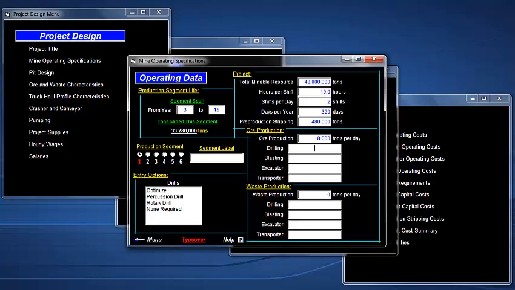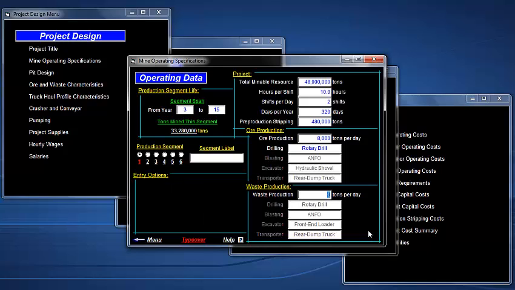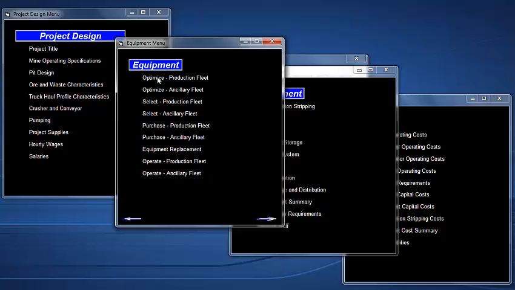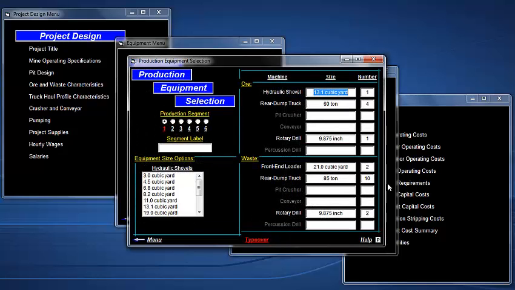In this case, because we're trying to do a quick estimate, we'll choose optimize and let the computer program select our equipment for us. We'll put in in essence a 4-to-1 stripping ratio. The program then suggests values for things like pit design, ore and waste characteristics, truck haul profile characteristics based on this pit design. Let's come over here and we'll hit the optimize button,